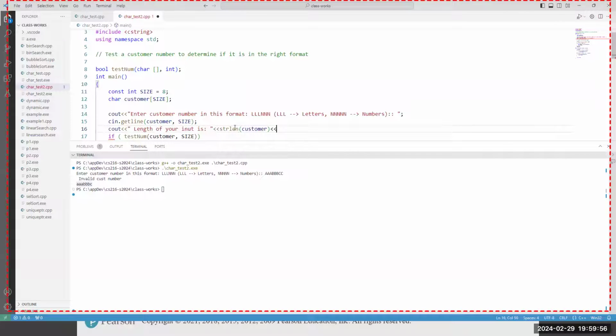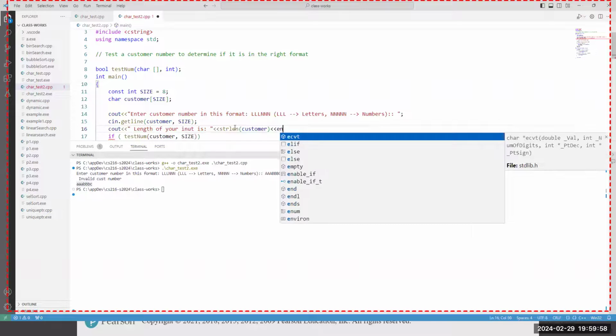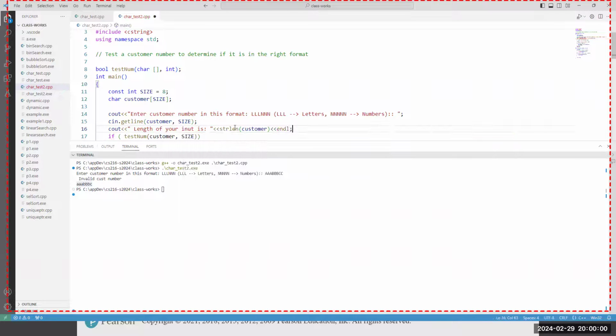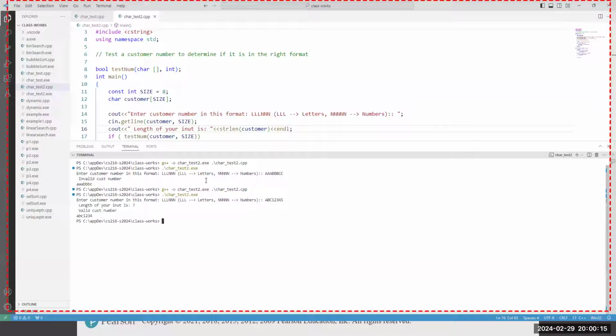So you should be able to see the length that you passed. Just save it, compile it, and then run it. If you run it now, you can enter, let us say, ABC 1 2 3 4 5. So your length of your input is 7. That is your length of the input, and